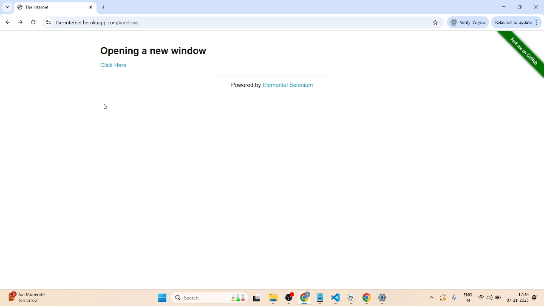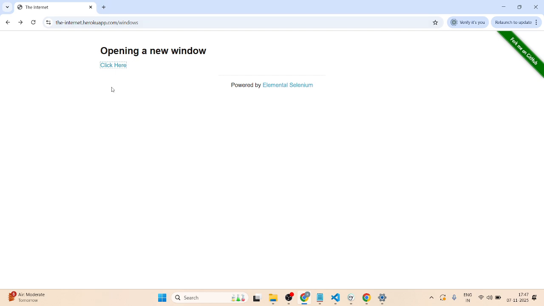To understand, before going into the code, you have to understand how this feature looks. As you can see on the screen, this is a demo website where there is a link called Click here, and after clicking on that link, it opens a new tab which contains the text called New Window. Okay, so as we all know, Cypress will not be able to handle this kind of